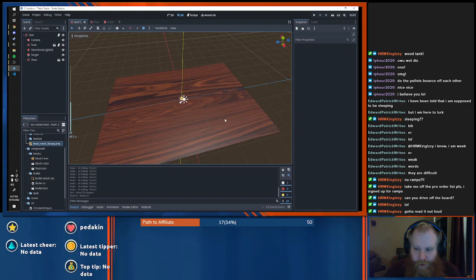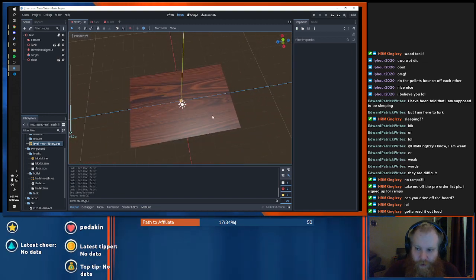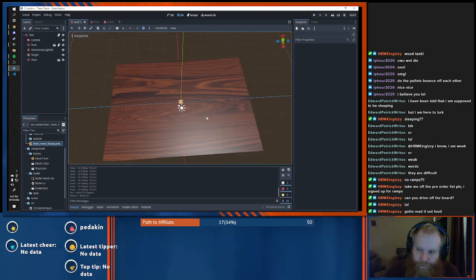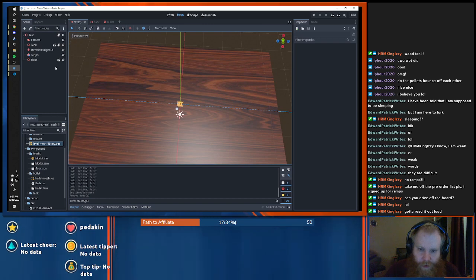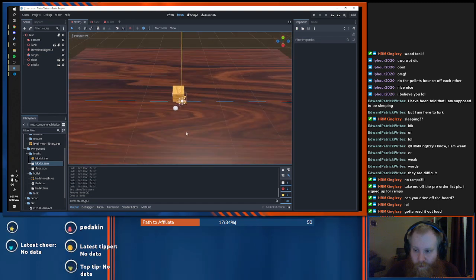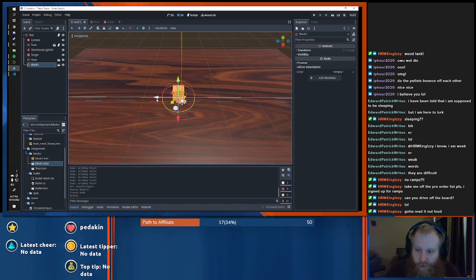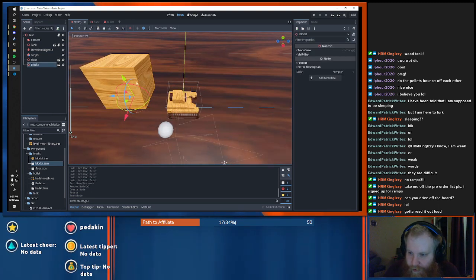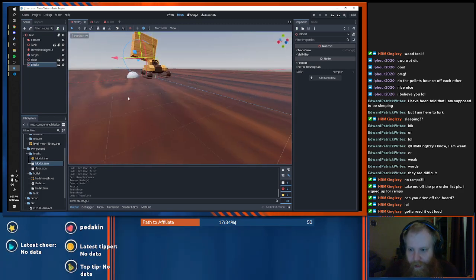let's see, how do I want to do this? Let's see if I can make really shitty walls. Oop, what did I just do? Oh, I rotated it.